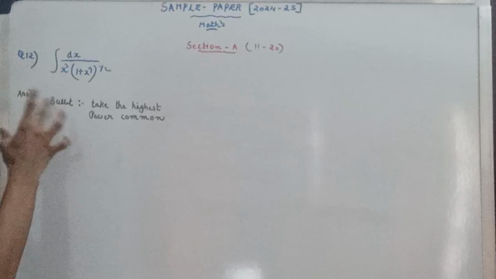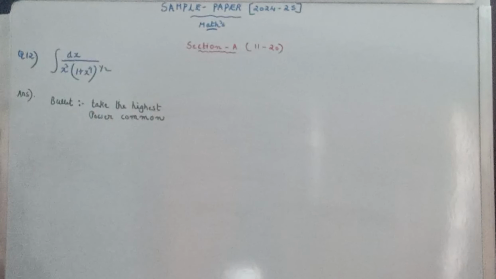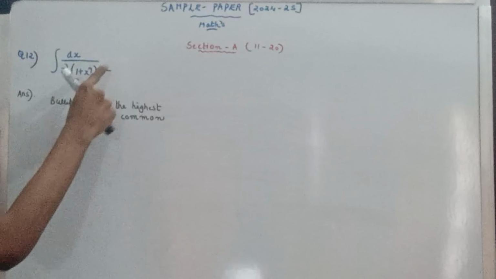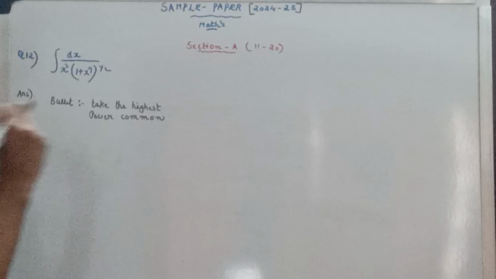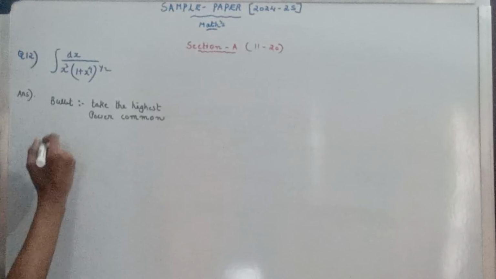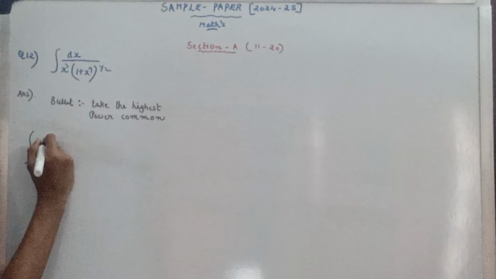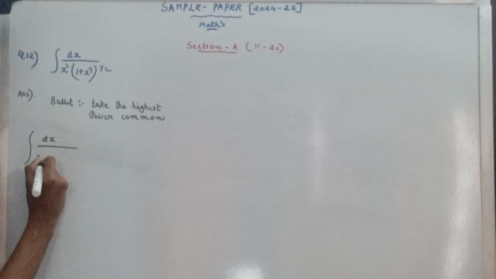Okay, the concept that you should remember over here is: take the highest power common. Inside this bracket, x raised to 4 is the highest power, isn't it? So we should take x raised to 4 common outside the bracket. So we will be getting integral of dx by x cube into